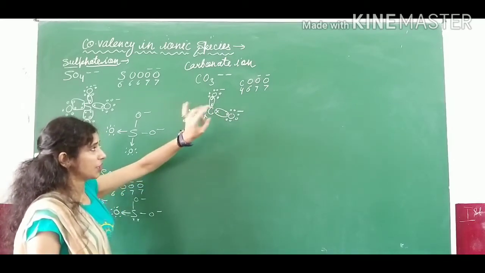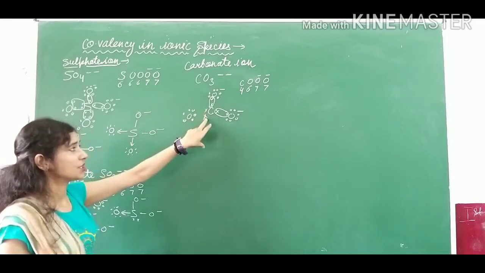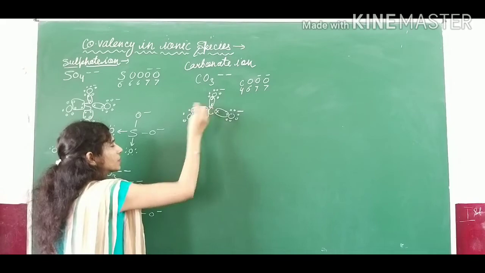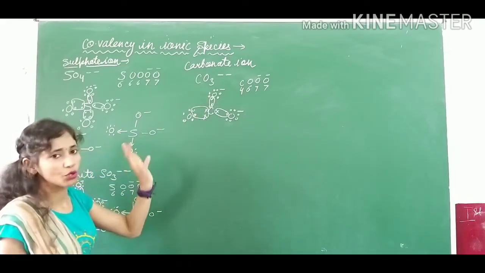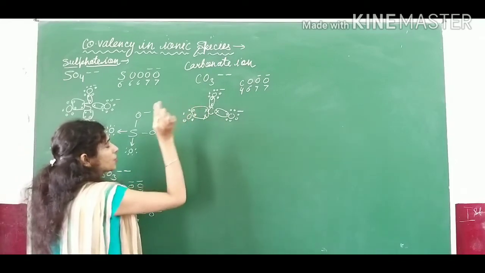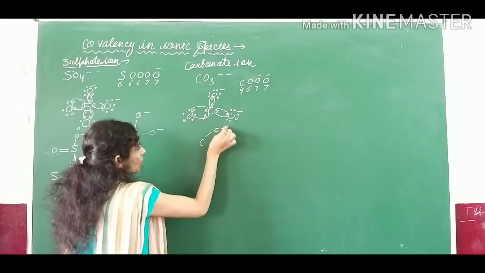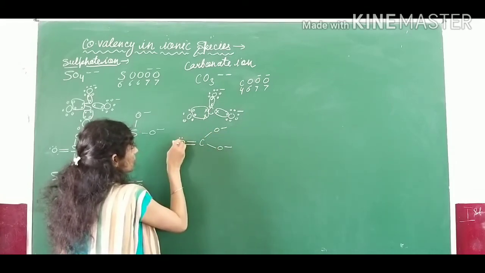7 and 1 makes 8. This is also completed. But it is having 6 electrons, so it is needing 2 more electrons. So what it will do? It will share 2 electrons with this. And carbon was having 4 electrons, 5, 6, 7, 8. Okay. So no dative bond will form in this case, or no expanded octet. So that is to be mentioned like this: O negative, or you can show double bond O.